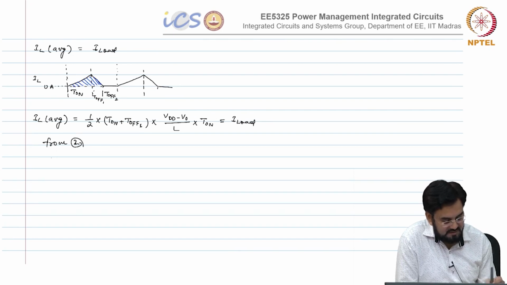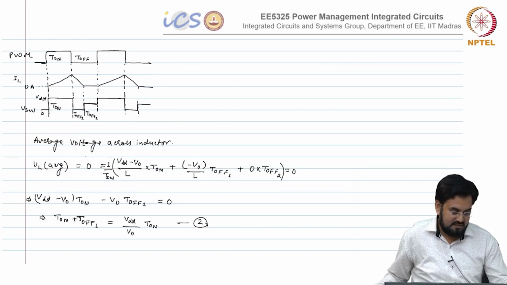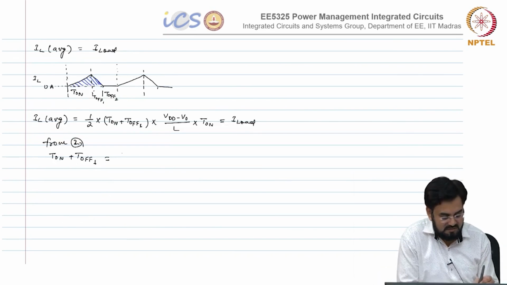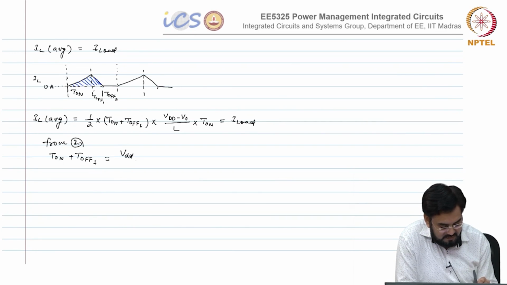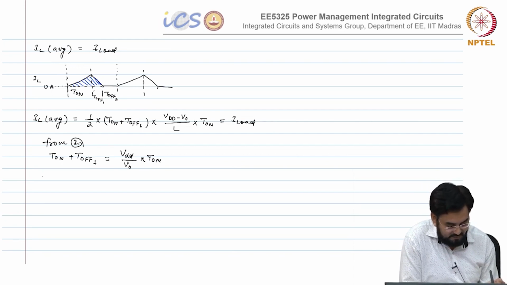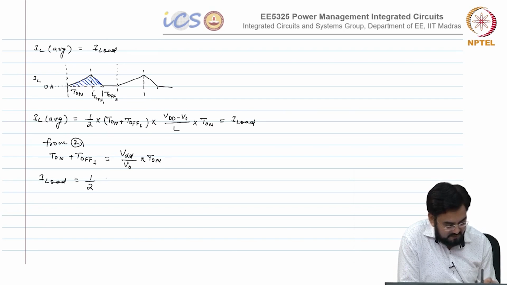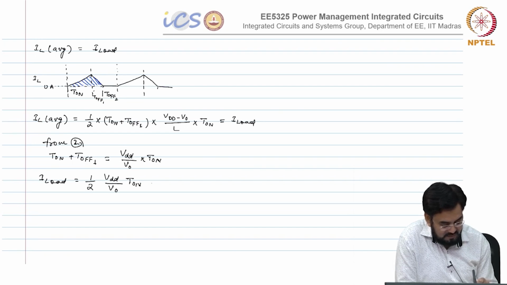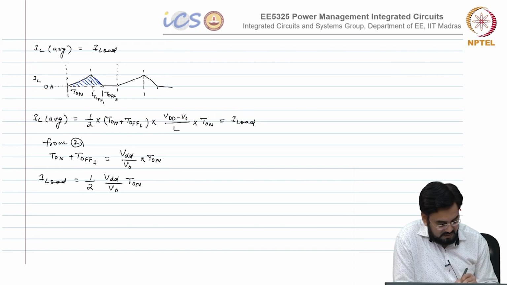From the second equation, T on plus T of 1, how much is that? VDD over V out into T on. So we need to substitute this. So I load equal to half of VDD over V out, T on, and